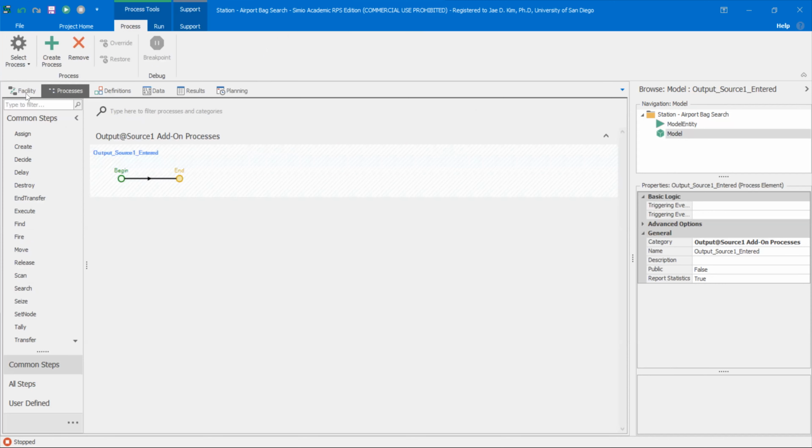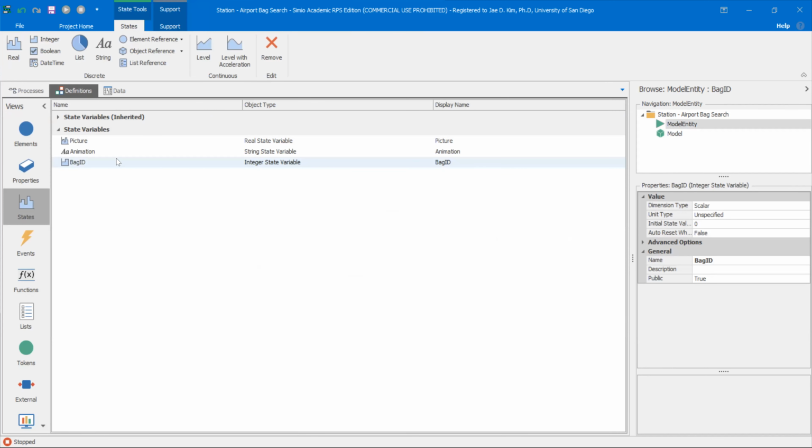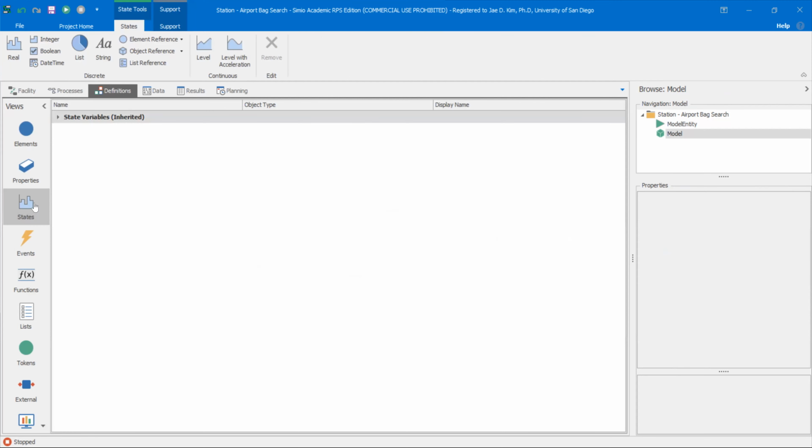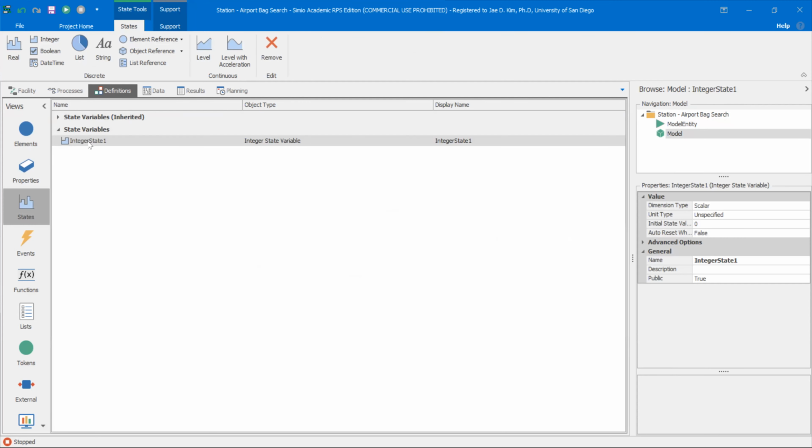Another thing I'm going to need is some way to auto increment this bag ID. So for example, the first passenger arrives in our system, I want to have a value of 1 and the next passenger a value of 2, etc. I'm going to have to do that at the model level. So before I do this, let's go to definitions. I'm going to go on states, and then I'm going to create an integer here as well, a state variable. I'm going to call this